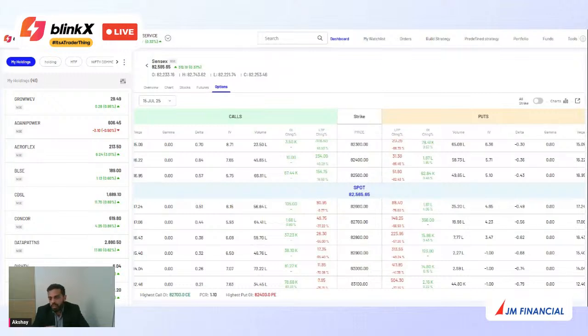लास्टली अगर आपका फ्लेवर सिर्फ कॉल बाइंग या पुट बाइंग में है, आप कम रिस्क में बड़े गेन्स के लिए हीरो जीरो वाले ट्रेड ढूंढ रहे हैं, तो जैसे हमने पूरा एक game plan बनाया है, 82,500, 82,400, this is our buying zone. If we get 50 points down, so roughly if you are looking at 82,500 call which is 150 rupees,